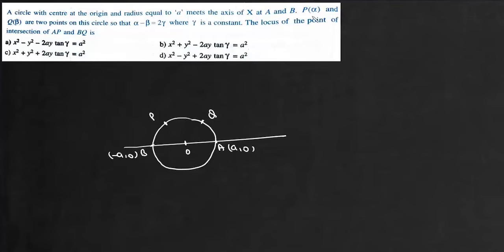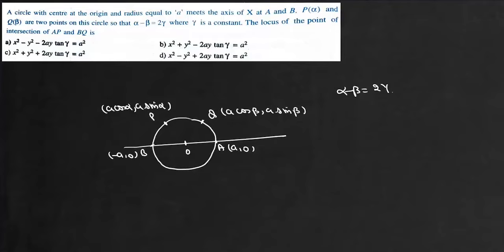P is characterized by alpha, so P is (a cos alpha, a sin alpha), and Q is characterized by beta, so it will be (a cos beta, a sin beta). Now it says alpha minus beta is given as 2 gamma,